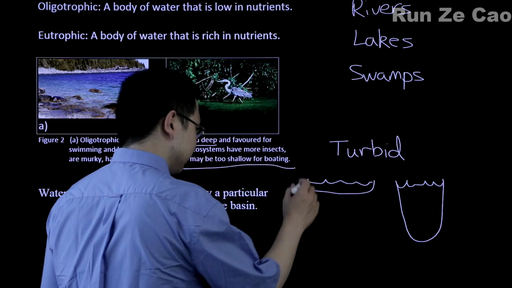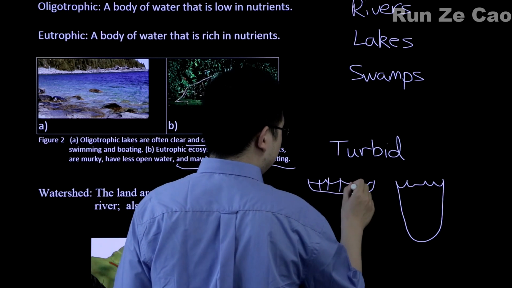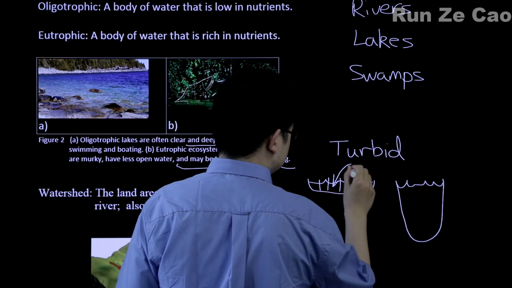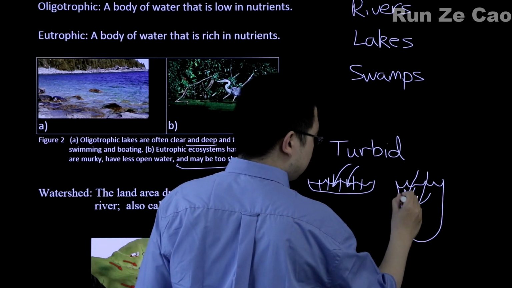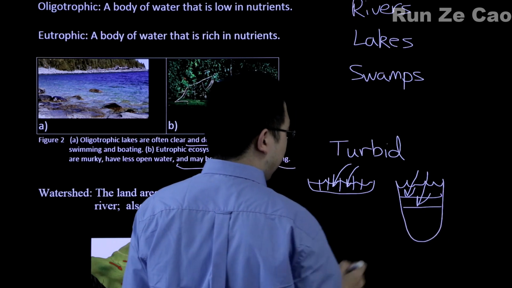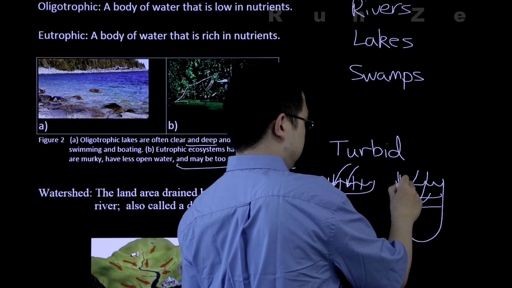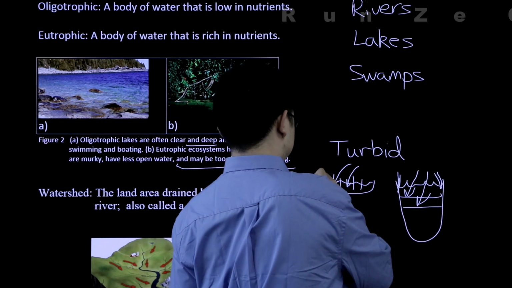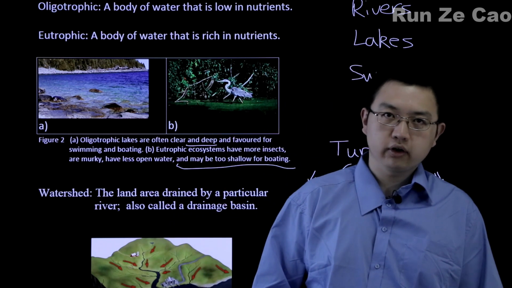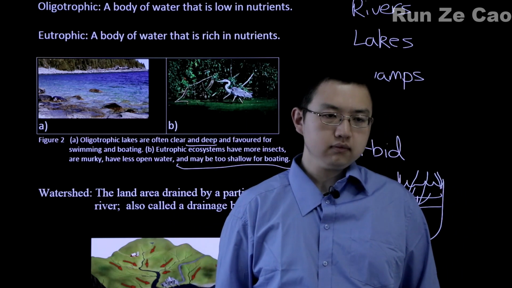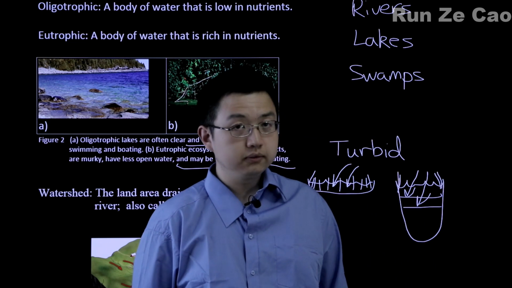Oh, also, a lot of the productivity in eutrophic lakes comes from plants growing up from the bottom, because sunlight can reach to the bottom. Whereas in oligotrophic lakes, often sunlight does not in fact reach the bottom, and there is a thermocline. So there are only plants growing off the side. Whereas in eutrophic lakes, you can have plants growing right off the bottom. So benthic photosynthesis is very valuable.